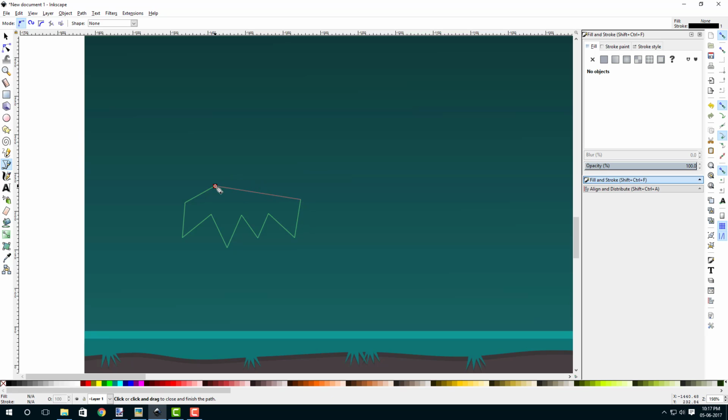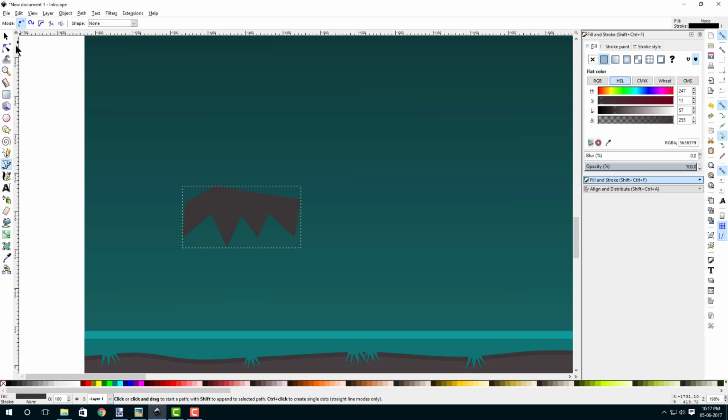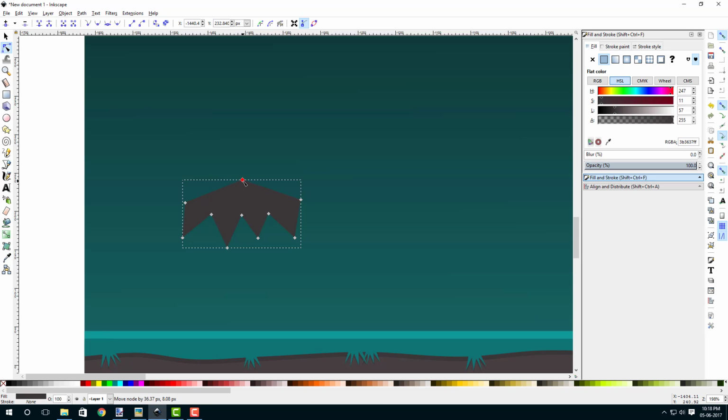We want flat color and we don't want strokes, and select this node here and let's move it in middle, and just drag and select this one, holding shift, drag and select these two also, and we want to select this one too, and we don't want them because we want the edges of this to be pointed and we don't want any curveness here. Now select auto smooth and you can see something, it looks like this. So let's move this node up here, just adjust it